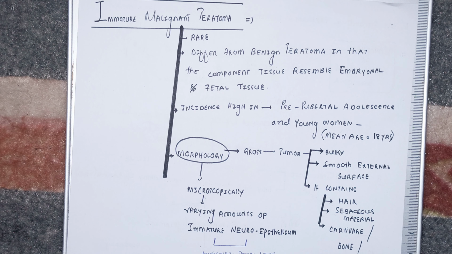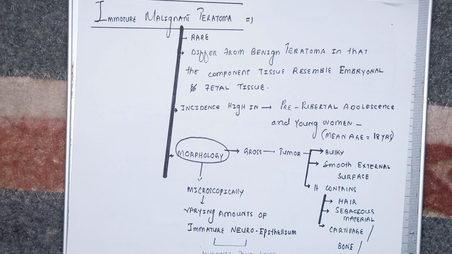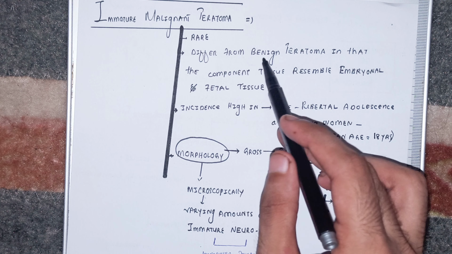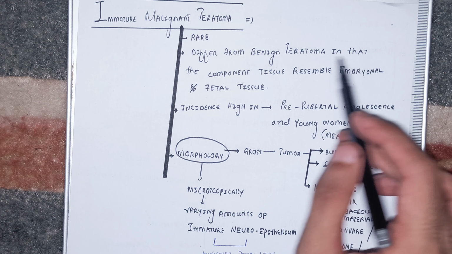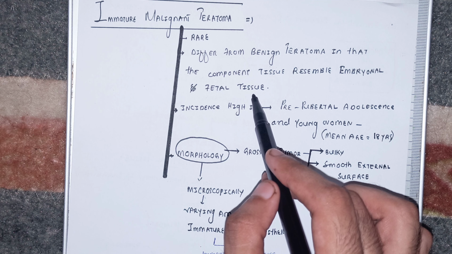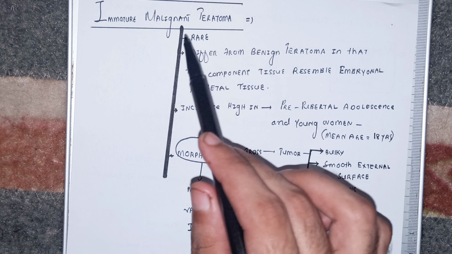I told you, but the benign one is most common. The specialized one and the immature malignant teratoma, they are rare. Okay. And how do you differ this from the benign teratoma? It is differentiated from the benign teratoma in that the component tissue resemble the embryonal and the fetal tissue. That means the tissues which are present in the immature malignant teratoma of the ovary, they are not mature tissue,